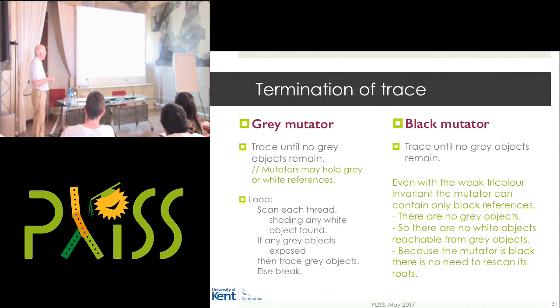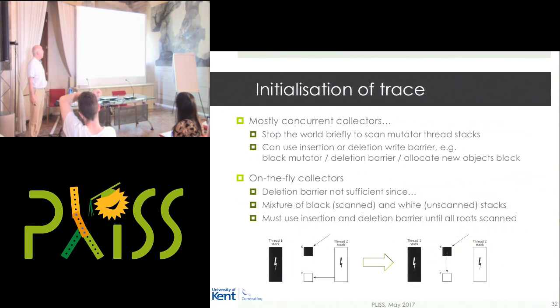With a black mutator, it means that once the so the deletion to termination is much with initialisation, because trying to use a deletion barrier straight